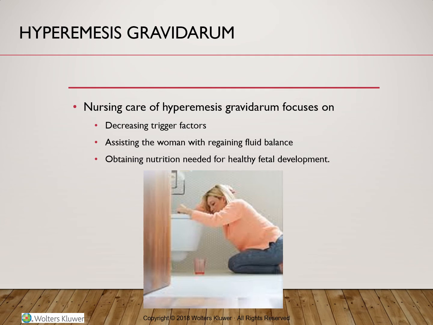The exact cause is not necessarily clear. There is, however, an association between the symptoms and a high level of human chorionic gonadotropin. And this is because the risk of presenting hyperemesis is increased with a multiple gestation, a molar pregnancy, or when the patient had a history of previous pregnancies with hyperemesis. Contributing to that can be stress and psychological factors.